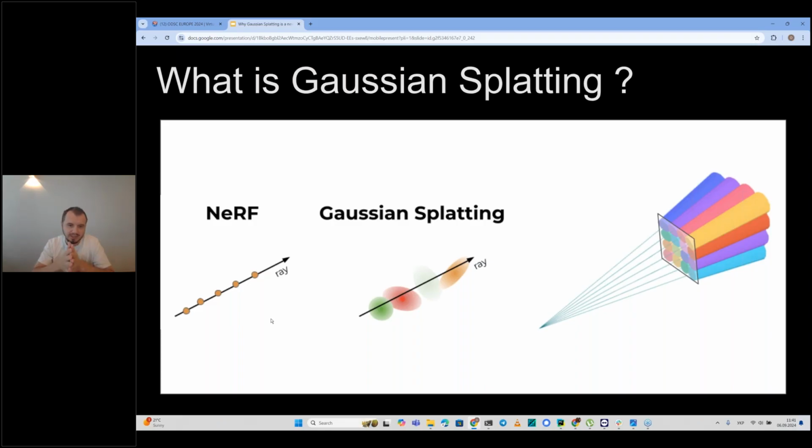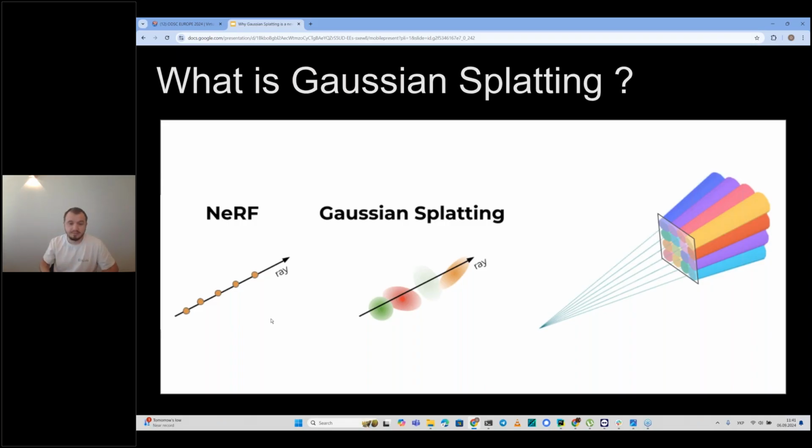What is Gaussian splat? Gaussian splatting is a way of representing radiance fields of some scene, not by training a neural network that will estimate RGBA parameters for each point of space, but by approximating this light field as a set of Gaussians in a 3D space.